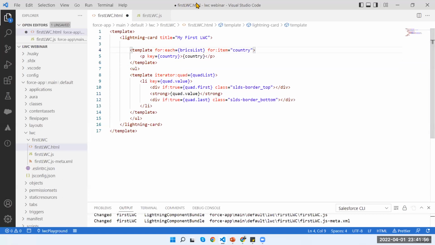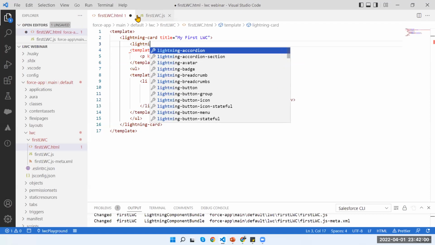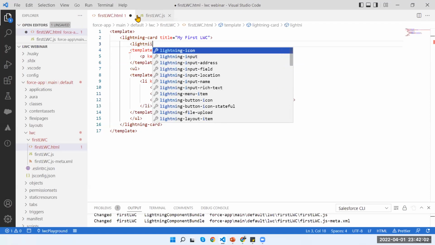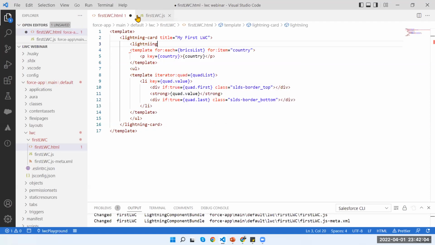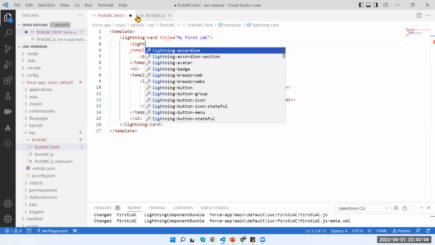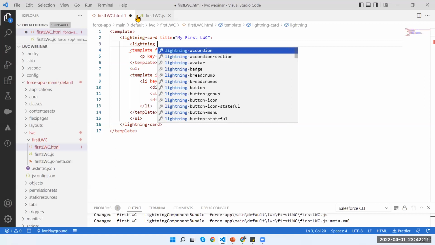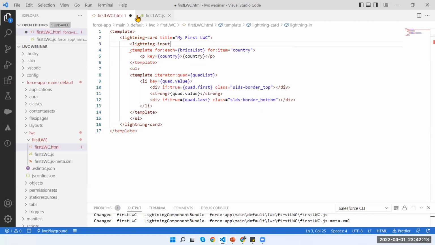So based on some user input, I can use a lightning input of type checkbox, and just